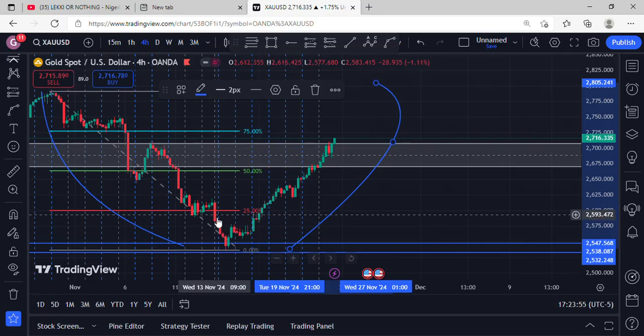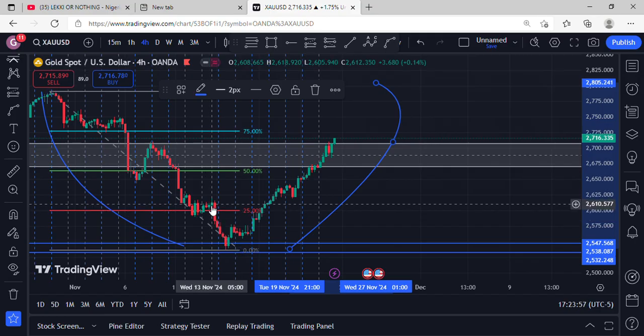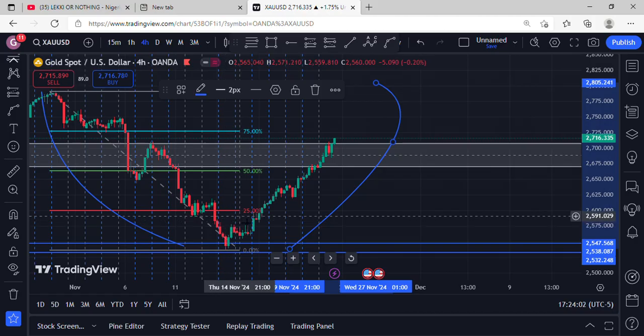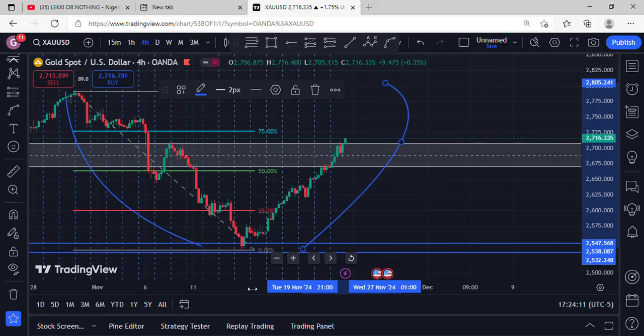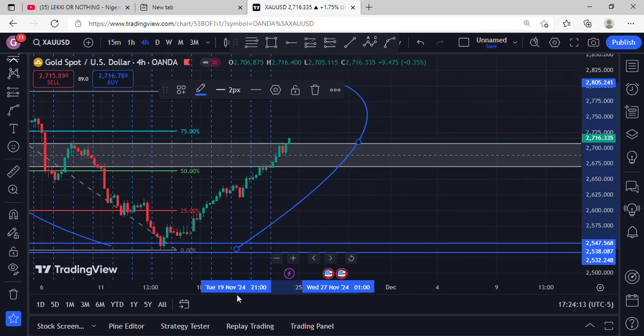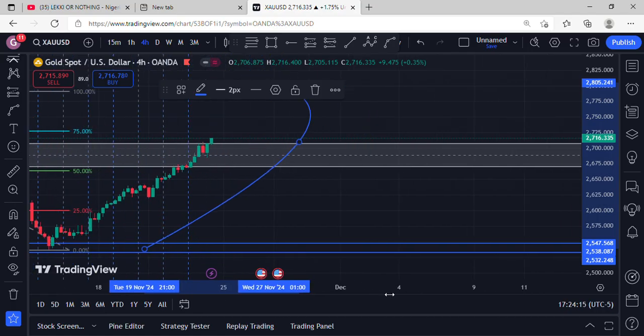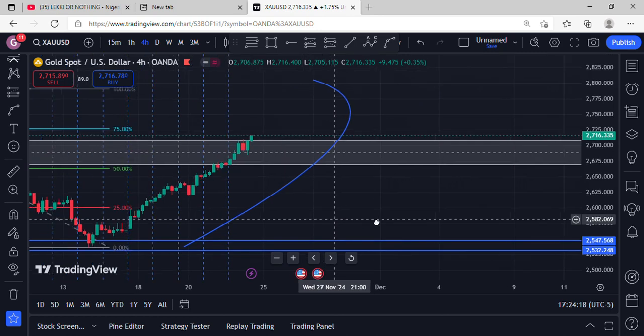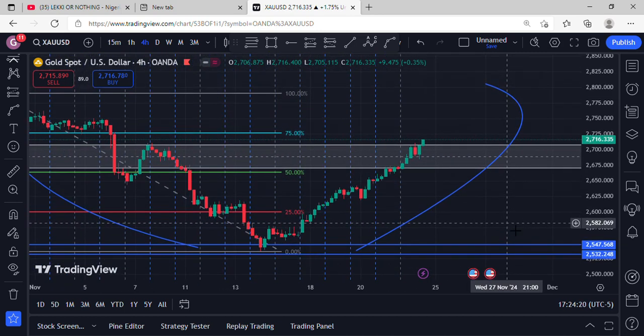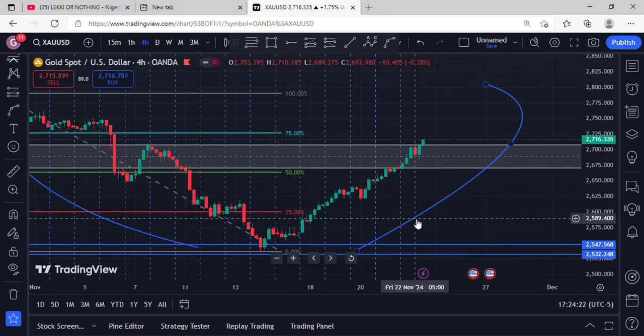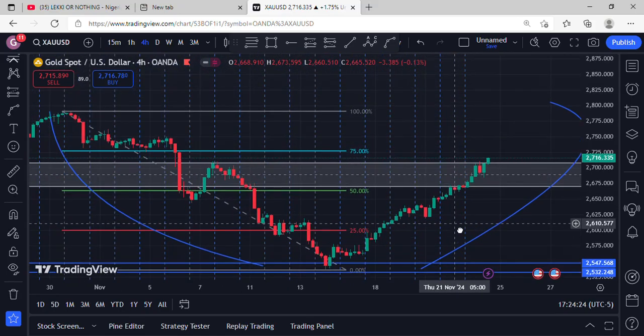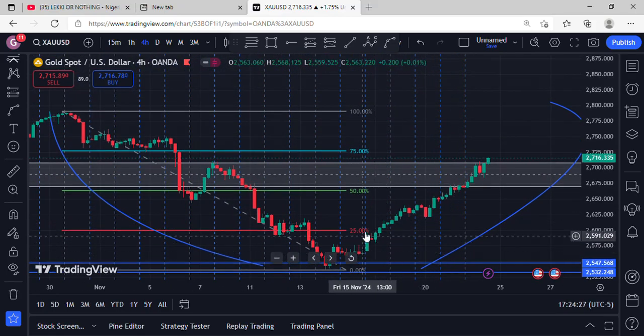And then right here, what we would have anticipated is that this bearish fair value gap on the 4-hour, if we were supposed to go down, would have actually pushed price down. But because we are in a bullish market, yeah, I just want to enlarge it so that it becomes clearer. Yeah, good. So this is the whole picture. Great. Because we are in a bullish market,